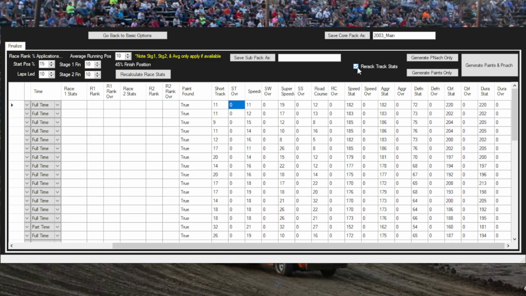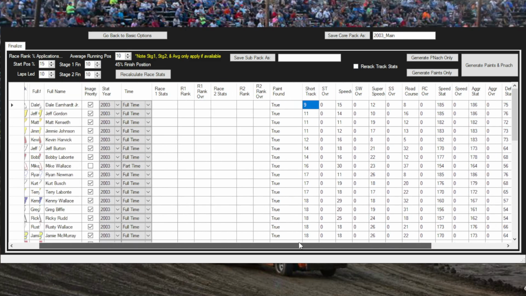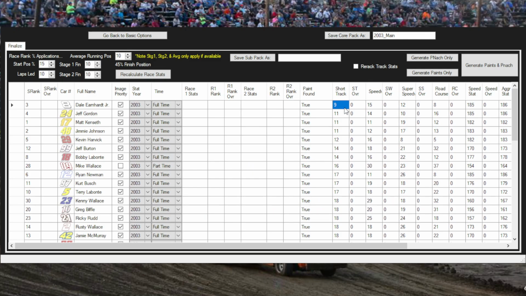The re-rack track stats. So as you can see, if we sort by track stats, the best track ranking is 9 for short track. That puts his short track rating based on a 9th position, which can make him a little slower than another season where somebody might have a 3 average. So if you check the re-rack stats, then when they generate the cheat file,